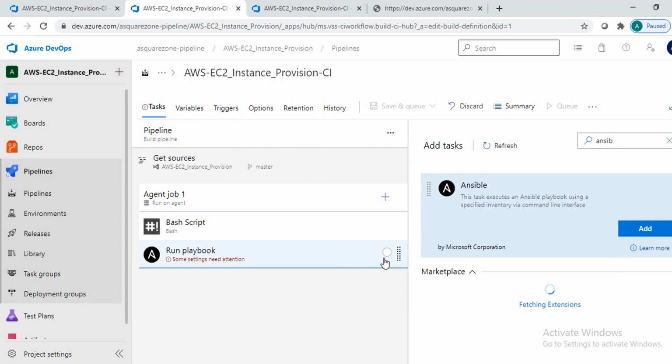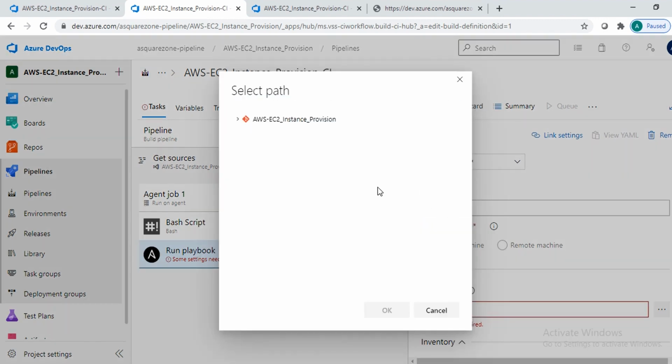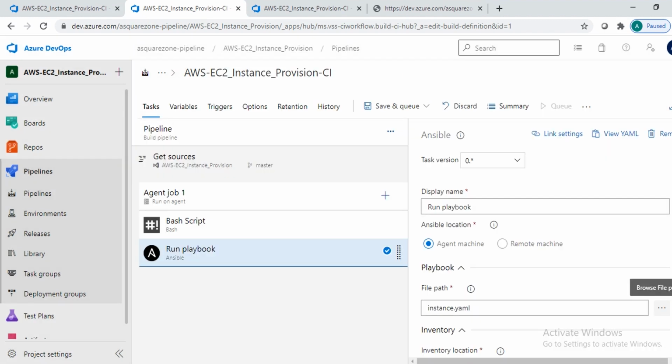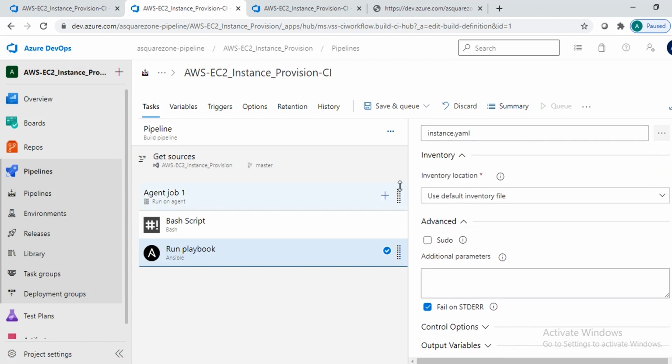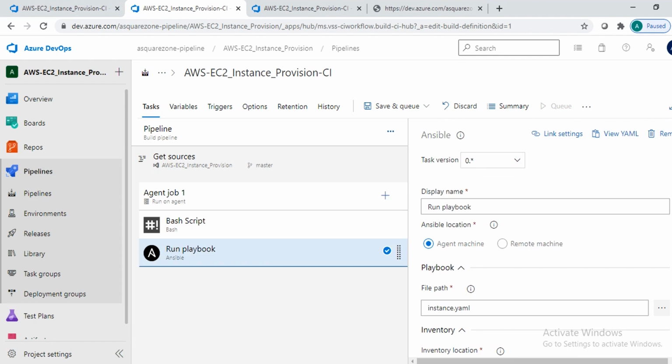So it's added, and we are providing run playbook on agent machine, and we have to provide the file path, instance.yaml file, and click. Inventory location, we are giving default inventory. I'm unchecking the fail on std error, so it won't get stuck anywhere.